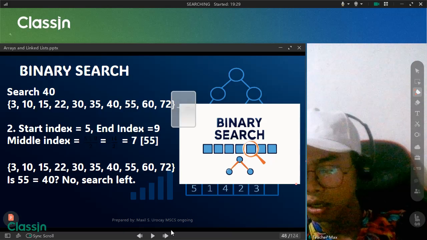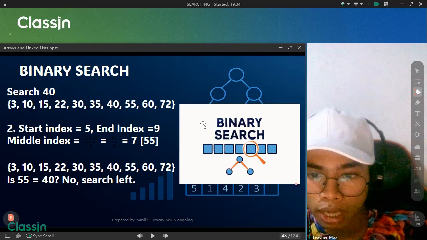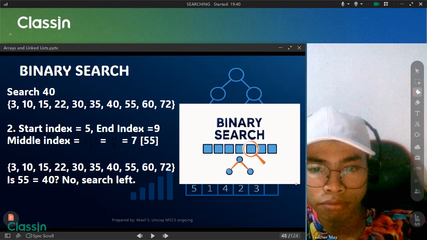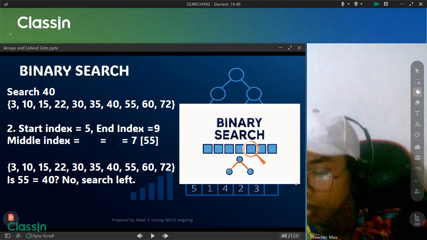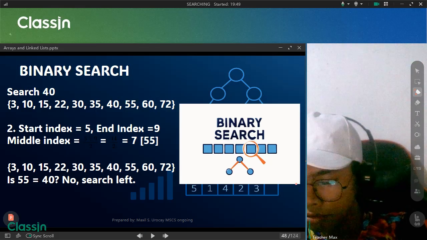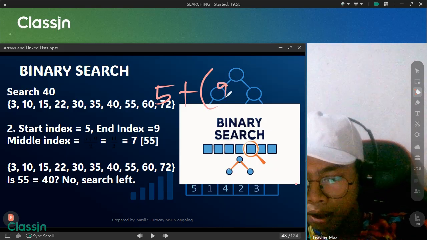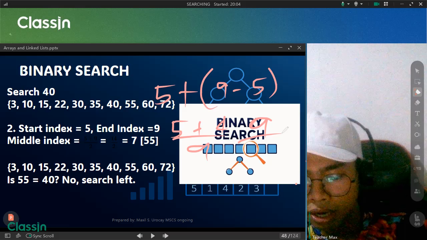Let me check the code. The formula is left plus right minus left, divided by 2. The left is 5, the right is 9, minus left 5 is 4. 5 plus 4 equals 9, divided by 2 is 4.